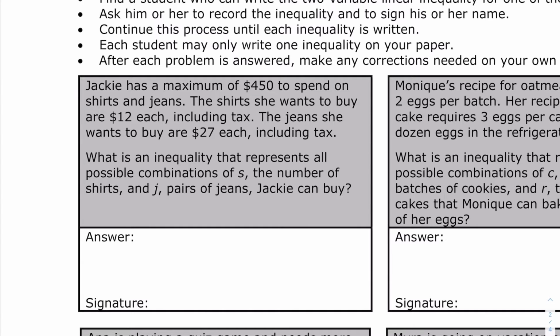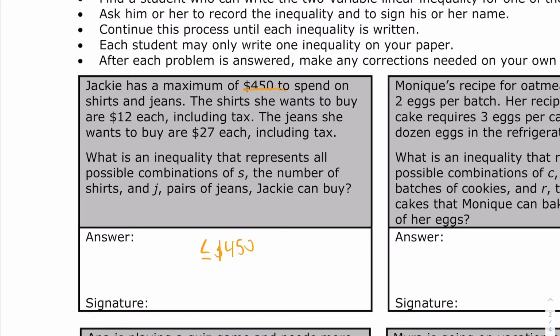Today we're going to be writing the two-variable inequality that goes along with a certain situation. Well, with any given situation. In this first one, we have a person named Jack. She has a maximum of $450 to spend. So that means that no matter what, $450 is going to be greater than or equal to any of what